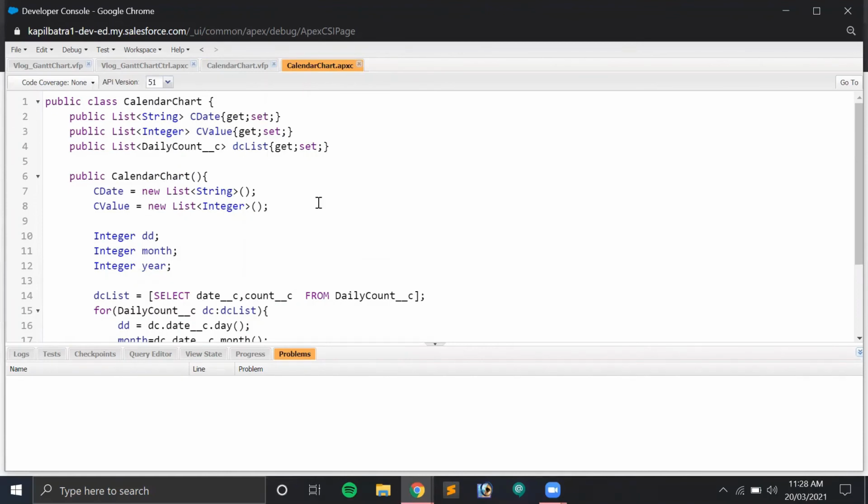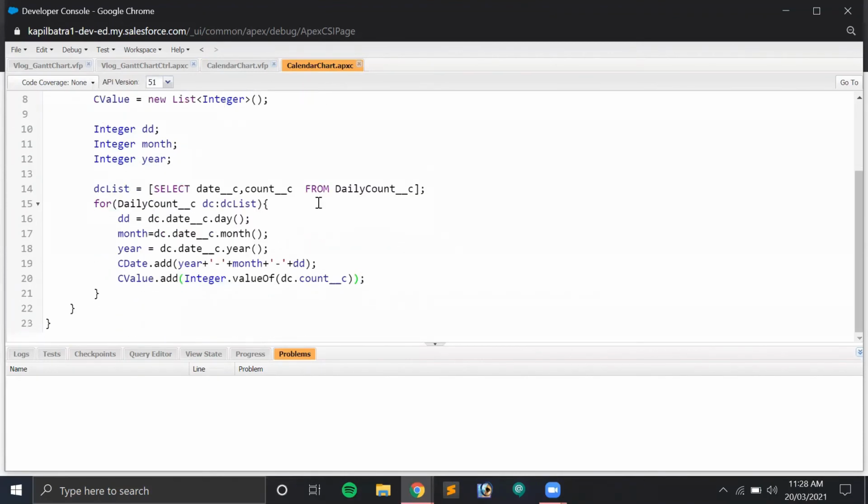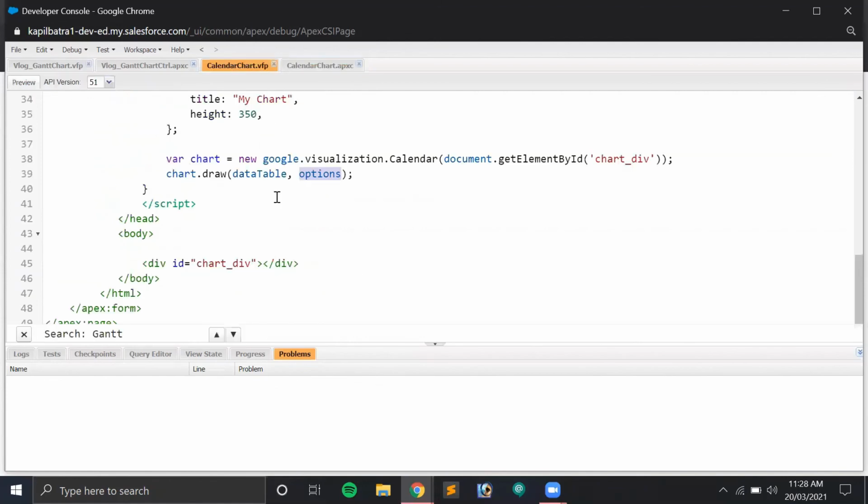And guys, in JavaScript we have to pass the date in year, month and date format, and there should be a dash in between. So that's why I'm getting day, month, year separately here. After that I'm adding it in the count date, and I'm correcting the format here. And after that we are getting the same date into the JavaScript code.